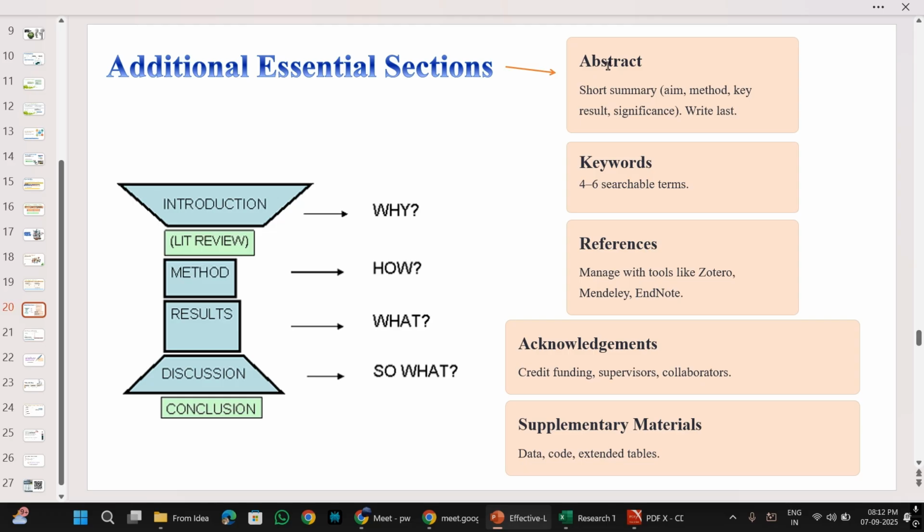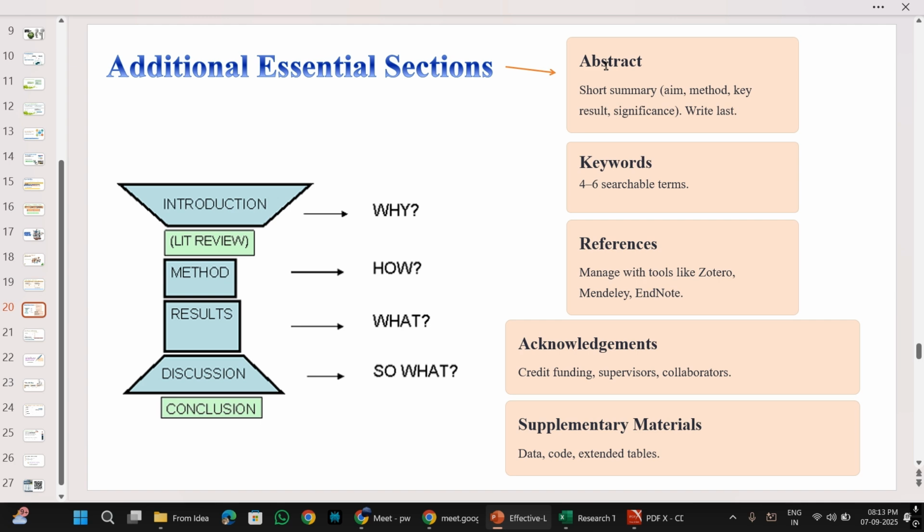Then references. You can use Zotero, Mendeley, and EndNote to manage your references so that you don't lose track of them. Believe me, if you have not managed references all throughout while writing your thesis, then it is a really troublesome task. You have to acknowledge those who have helped you all throughout, and add some supplementary material. Supplementary materials are usually raw data that you have to produce. The very elaborate tables and raw data, you give them as supplementary materials, right?